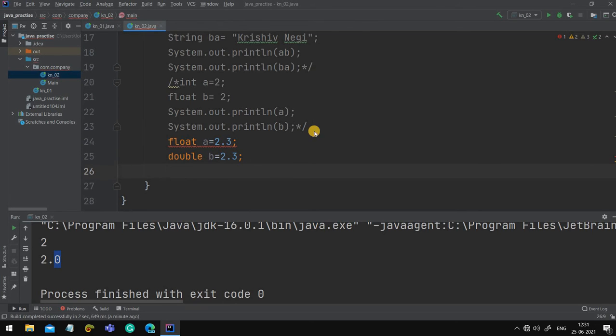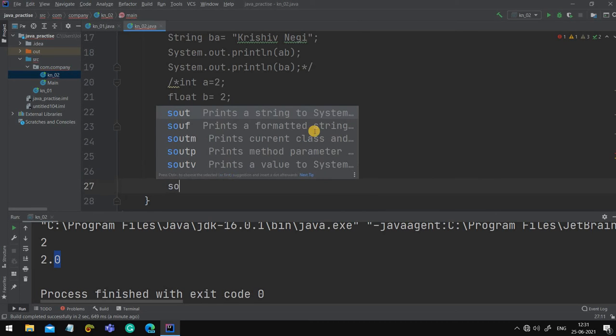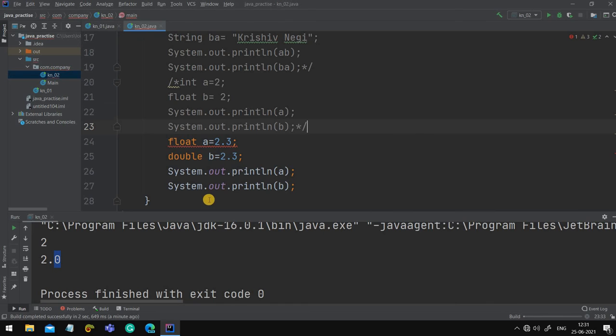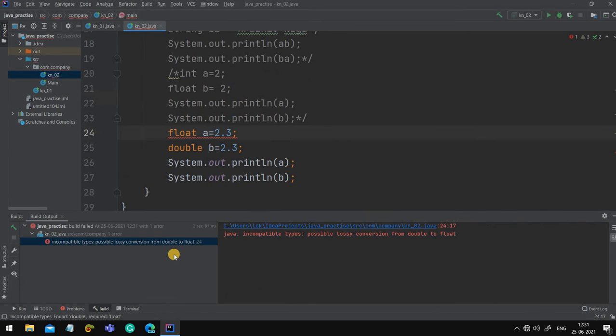Now let me print both of them, A, B. Let me run it. Wait a bit. A is equal to 2.3. What is the possible error? What's the error?